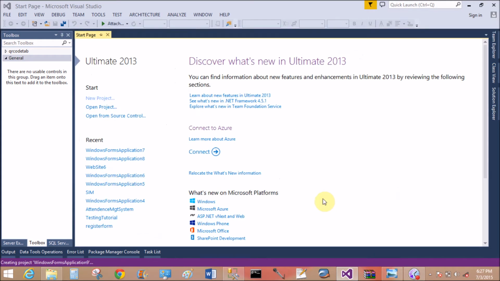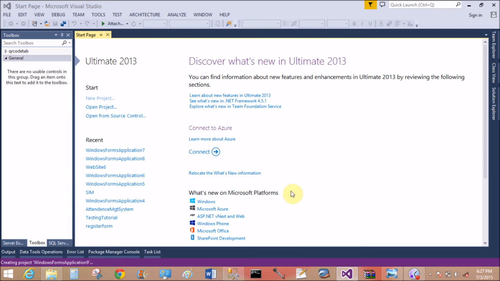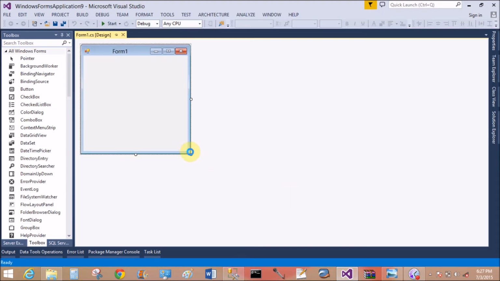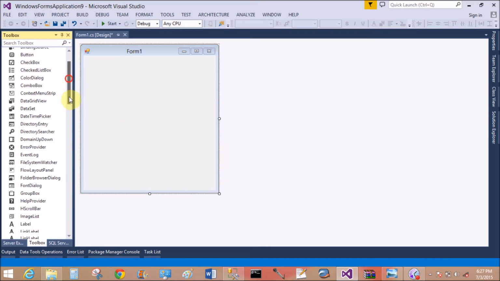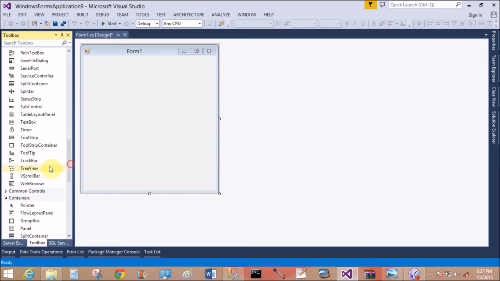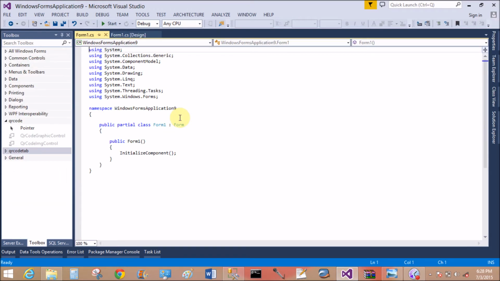Project, Windows Forms application. Take a tree view control in the form, size it. Okay, now in the code file